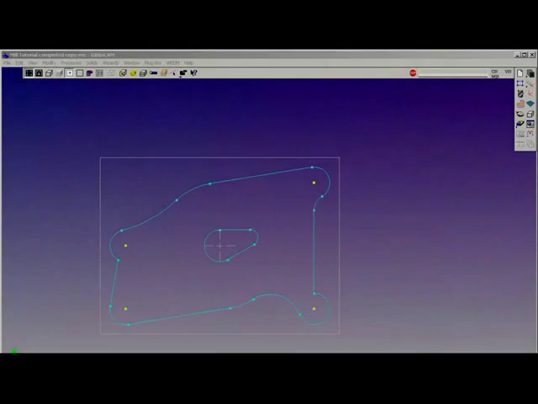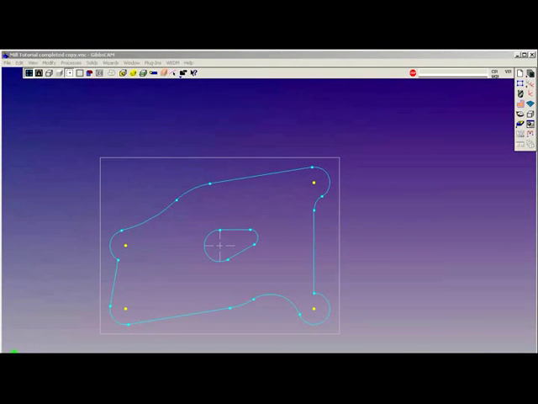Now, what we're going to do in this session, and again, welcome to our ongoing series of training seminars for GibbsCAM. We are going to do a tutorial mill part. You've all probably seen this part in the catalogs, and I'm quite sure that you've even attempted to build this part. So what we're going to do is walk through the process of creating tools and applying them to this existing geometry. We've previously held a webinar on geometry creation, so I'm not going to dwell too much on